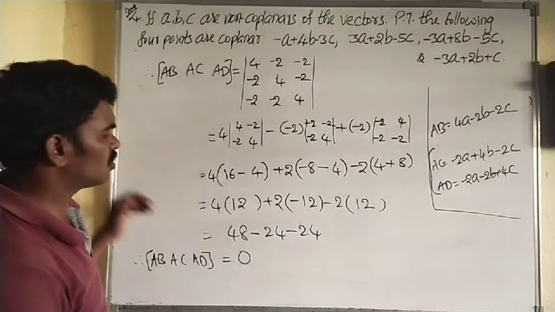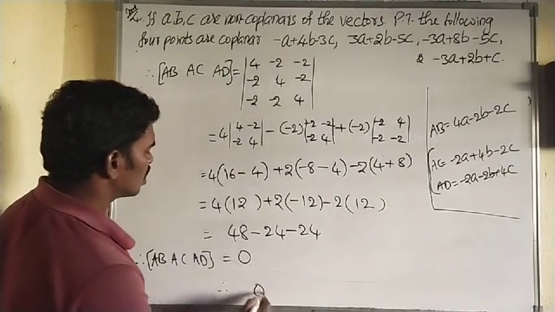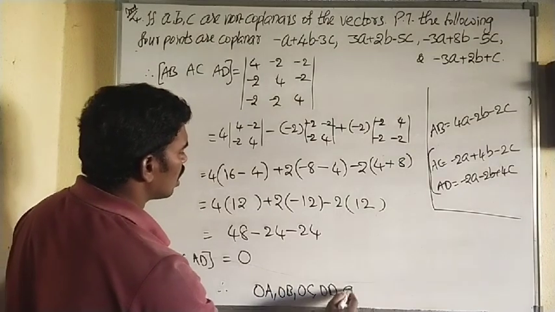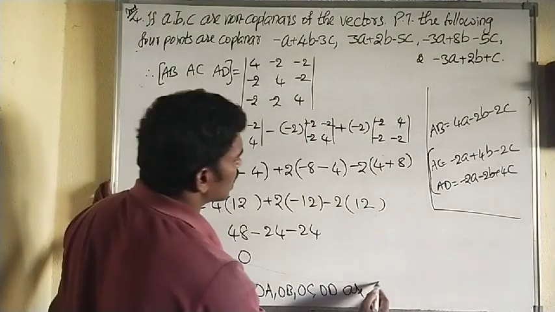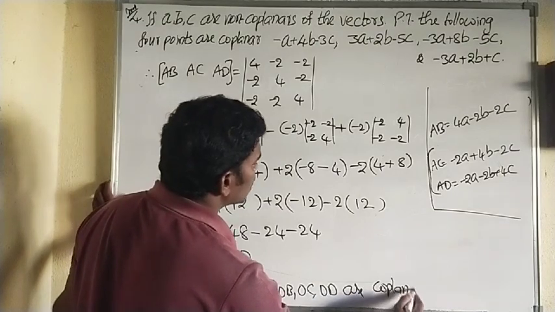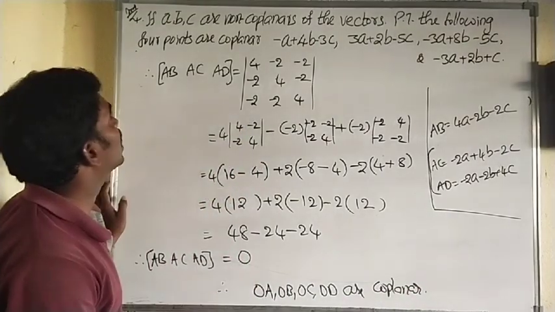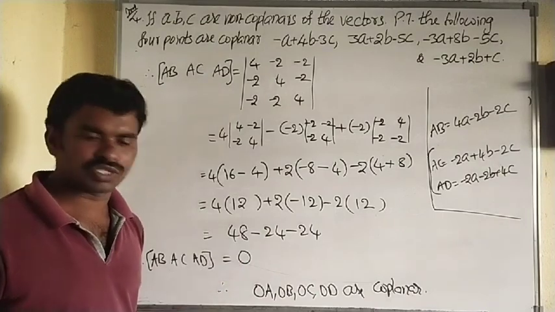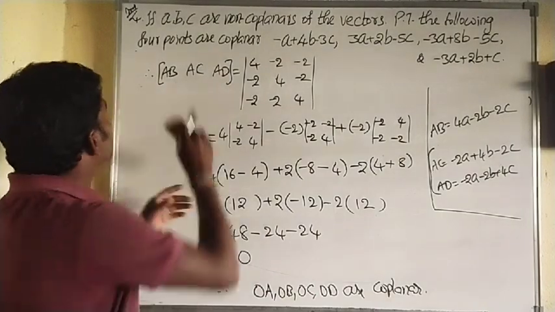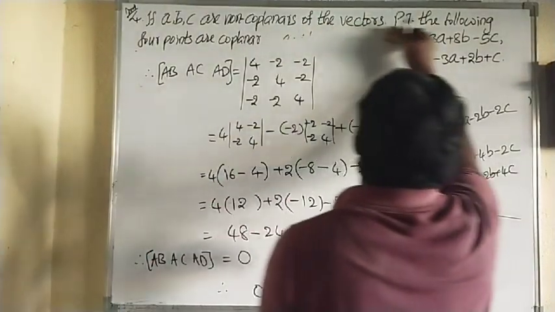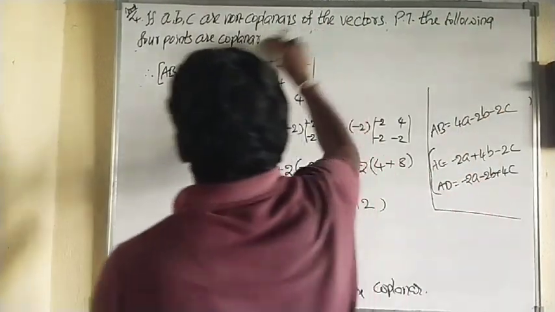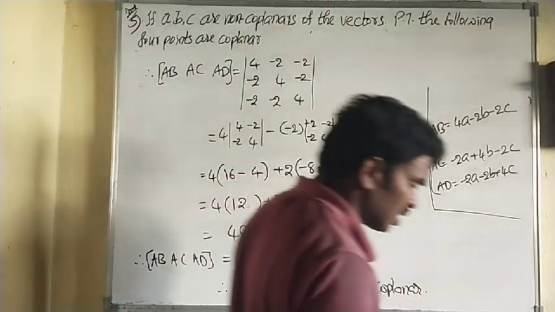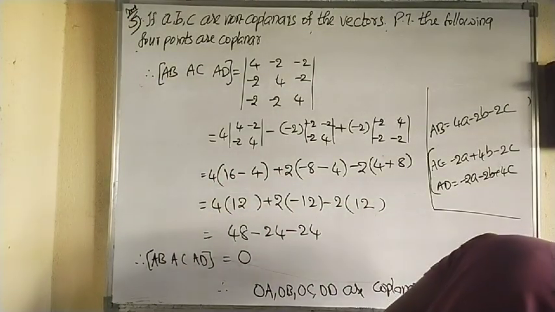So if we get 0, then we can write, therefore the vectors OA, OB, OC, OD are, what is that? Coplanar. Okay. So this we have to write. This is the answer of this question. So this is a very important question. Let me see, same question, just only vectors are different. You just do it as a practice or homework. So one more question is there, that I will tell you.